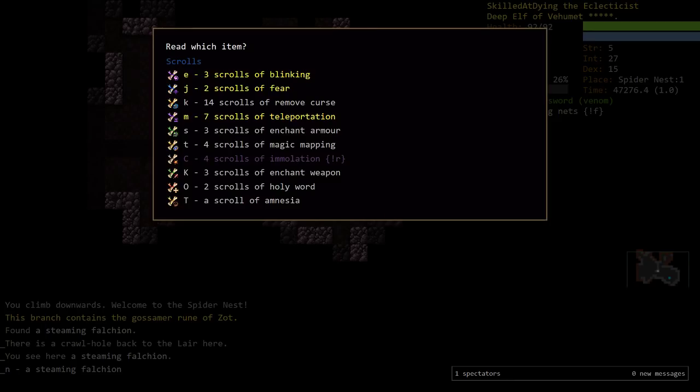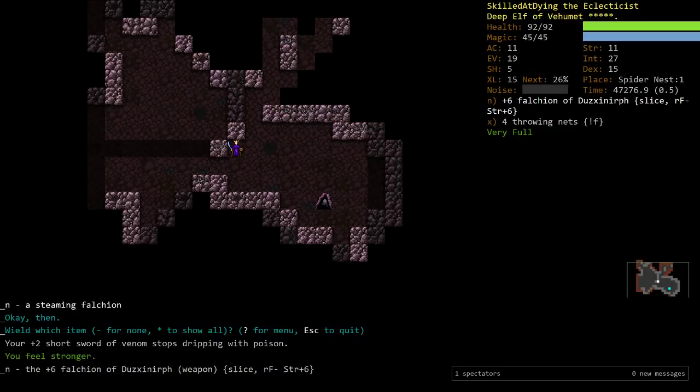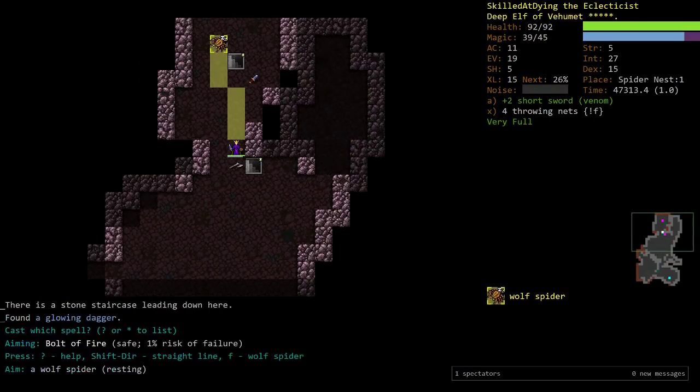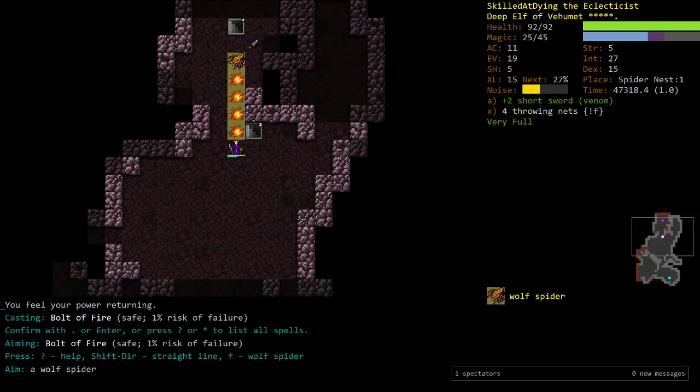Artifact Falchion right off the bat. Let's see what this is. Slice, RF minus, strength +6. That's pretty garbage. RF minus is bad. Strength +6 doesn't matter for this character. So we're just going to leave it. Okay, so